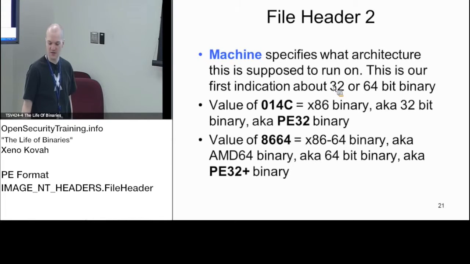So if the value is 14C, then this is going to be an x86 binary, or it will most likely be 32-bit x86. And a 32-bit binary we would typically call PE32. Funny thing is then 64-bit binaries, instead of PE64, they call it PE32 plus. So later on, when you get questions about is it 32 or 64-bit, if I say 32 or 64-bit, 32 means this, 64 means this, 32 means this, 64 means that. All right, so